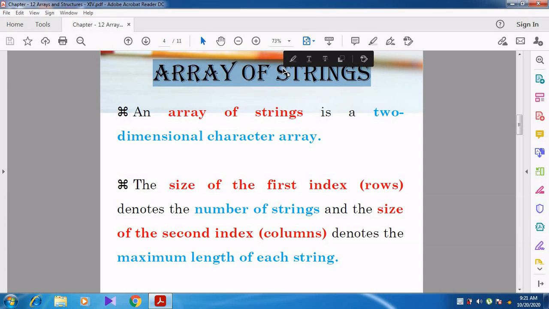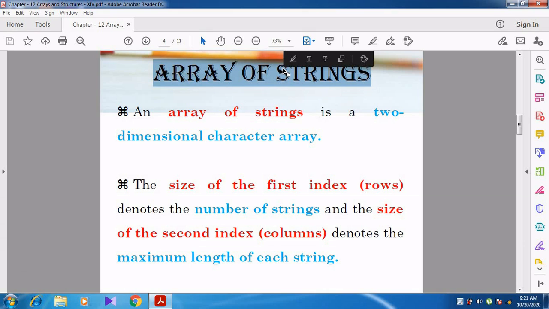In the previous videos we discussed what is meant by string. String means a set of characters. A string is represented by a one-dimensional character array because there is no data type for string in C++.